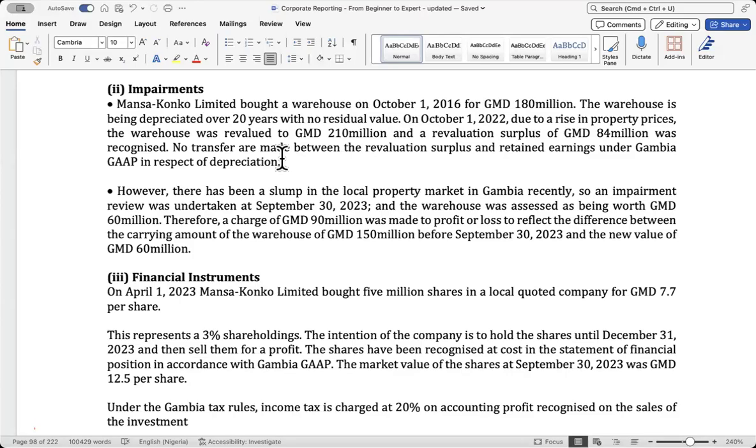We do it in IAS 16. So for them to mention that they don't do it here, that means they want you to do it. That's the only thing we need to do here additionally. Because when you have revaluation surplus, IAS 16 says that optionally, it's not compulsory, even in IAS 16, it's optional. It requires that